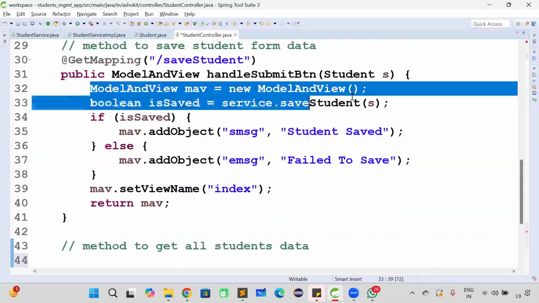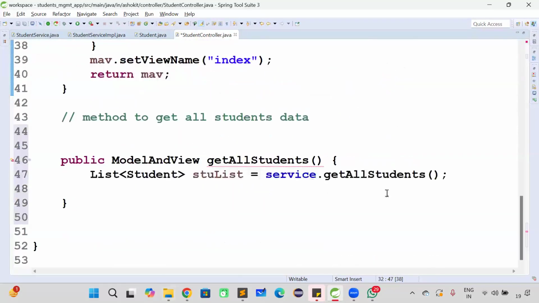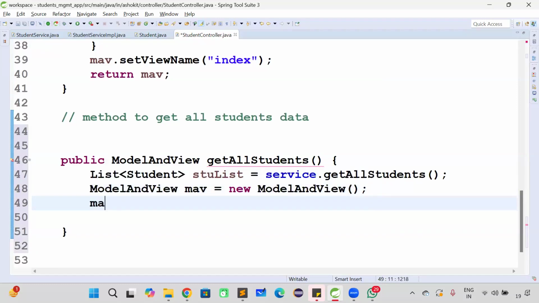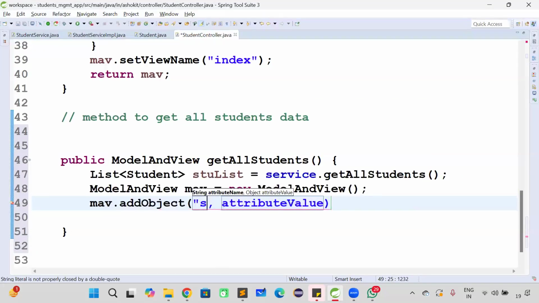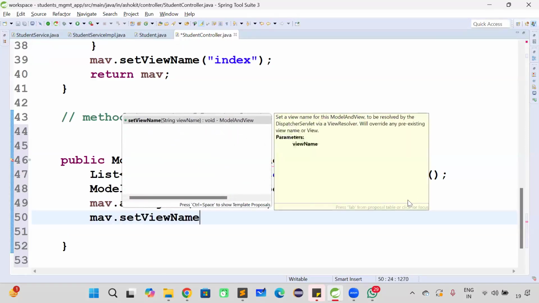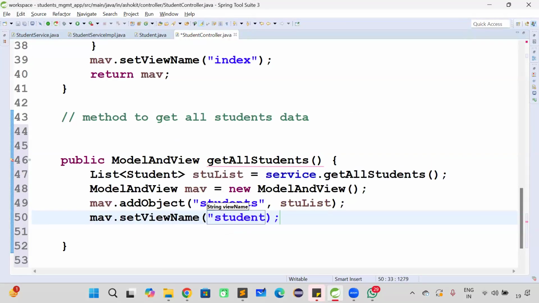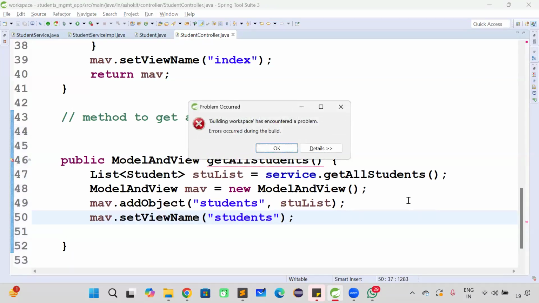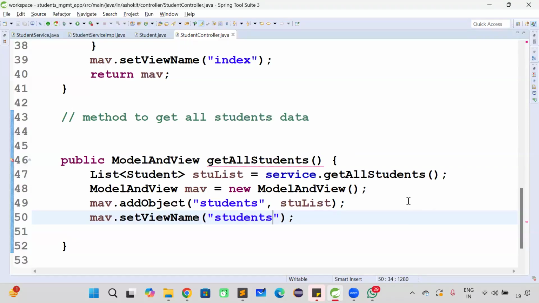Yes, create the model and view object and send the data to the UI in the form of key and value. Okay, MAV dot add object, key anything: students. What is the value? Students list. Then I'm going to set MAV dot set view name. I'm going to not index, students something, any page name. Students data page or any page name I can give. Display students data, students.html page. I'm going to map it to a get request, at the rate get mapping